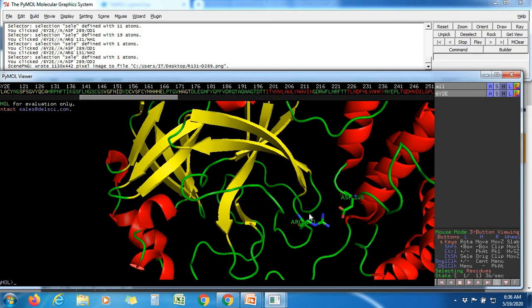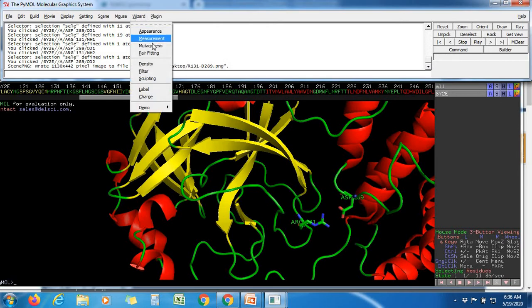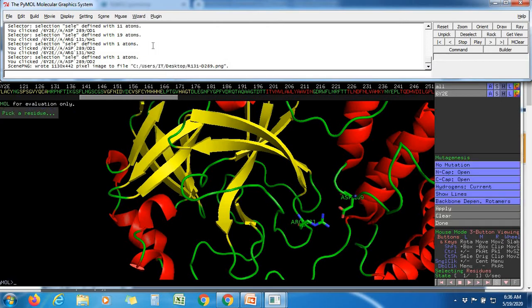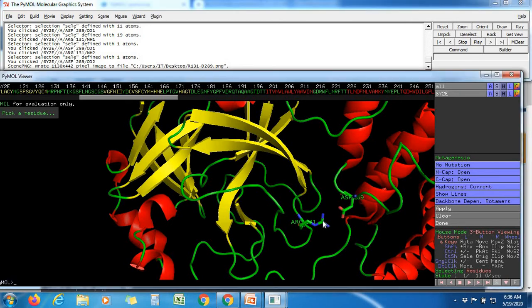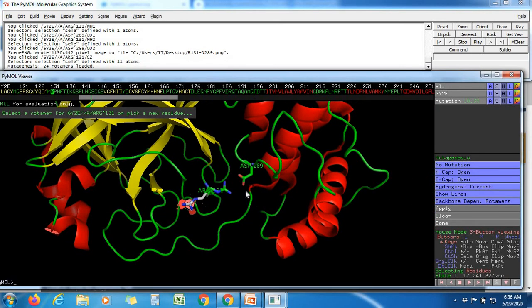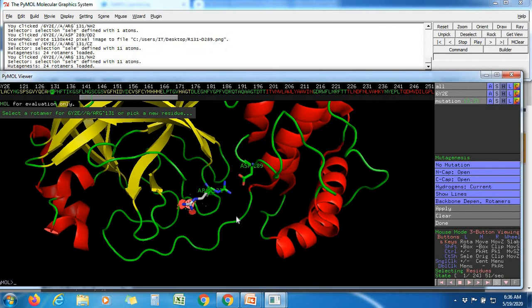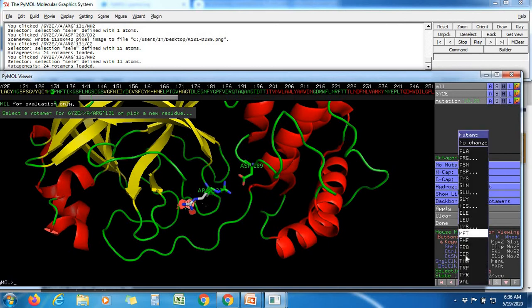To do that, you have to go to wizard, then mutagenesis. When you click on mutagenesis, the panel comes up on the right side. Now you have the option to pick a residue, which residue you want to mutate. Suppose you want to mutate the arginine. You select the arginine, and suppose you want to make it tryptophan.